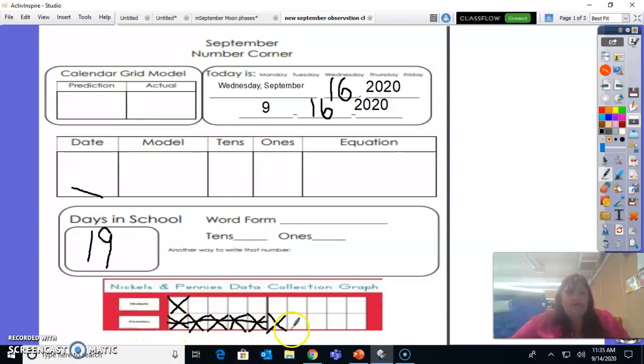How many more do pennies have? I could easily count, right? So these are the same, but I can count on to see who has more. 1, 2, 3, 4, 5. 5 more. All right, let's look at,